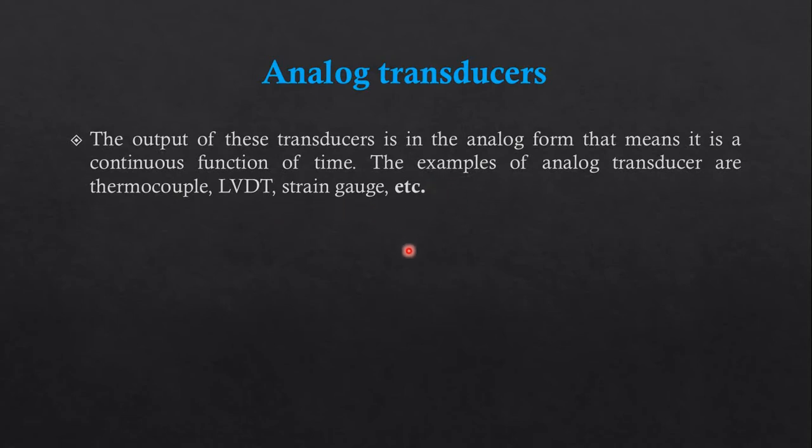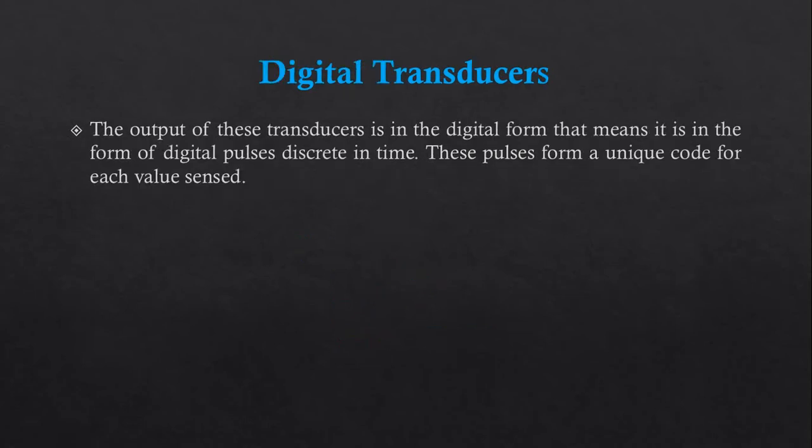So whenever we get a continuous time signal, at that time we can call it an analog signal. Suppose we take one simple example of measuring the temperature of a room. At that time, this is the temperature and this is the time. If the temperature varies something like this, then this type of signal is called a continuous time signal, because at any given moment of time we can get our value of temperature, right?